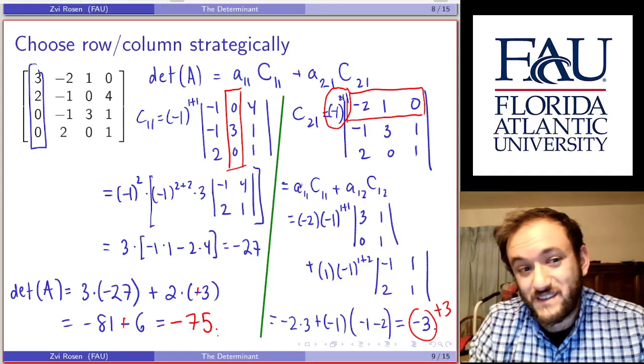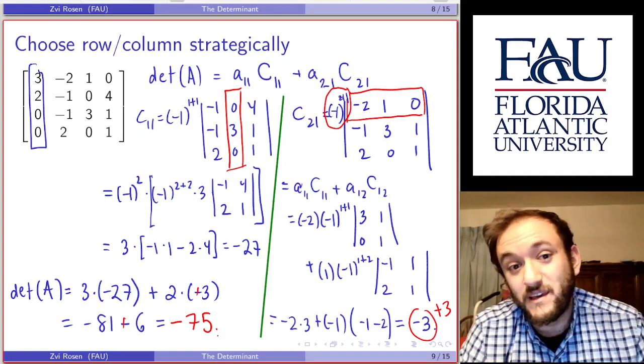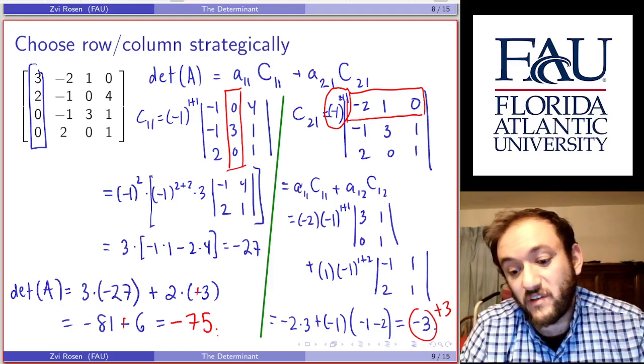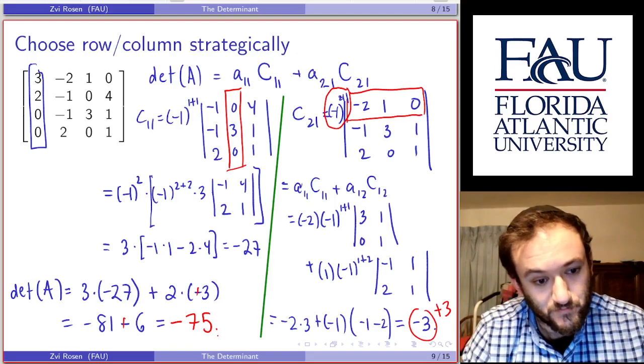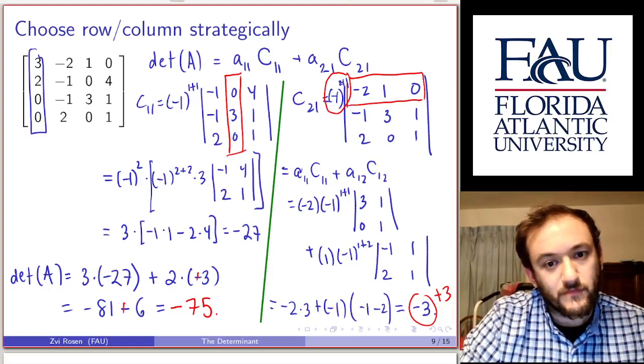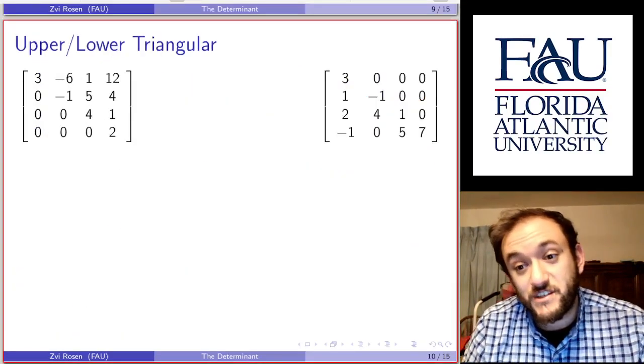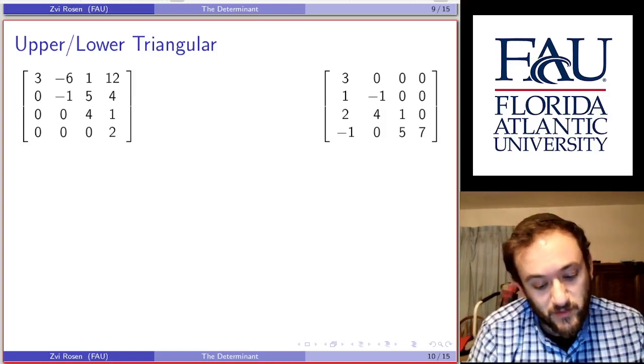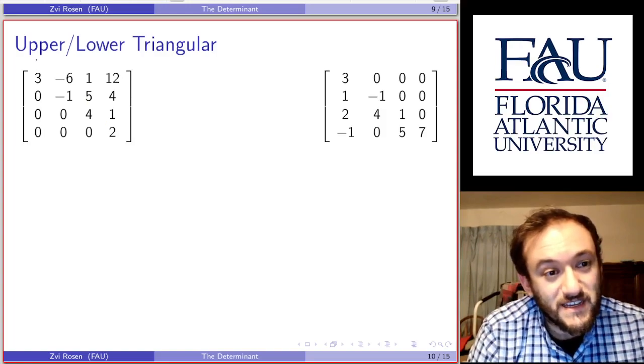So what we saw here is that if we choose the row or column to maximize the number of zeros in it, we end up saving a lot of computation time. This strategy is going to be useful for computing the determinants of upper and lower triangular matrices. What's nice here is you can